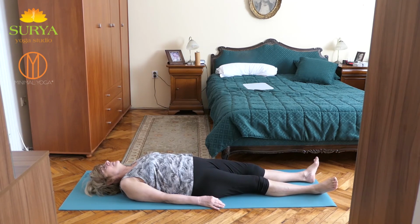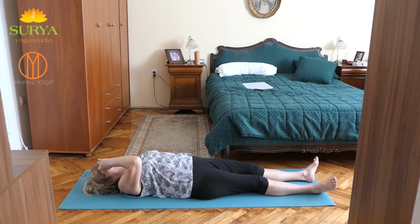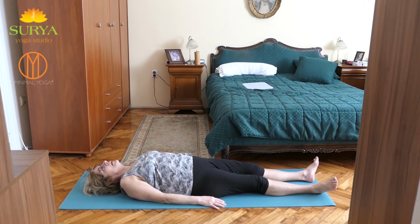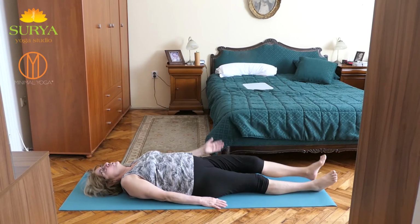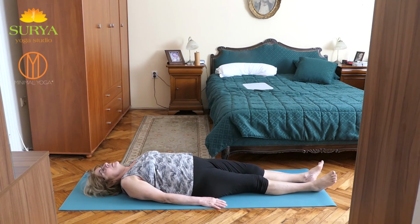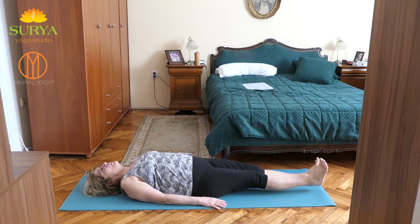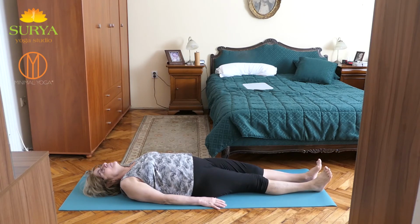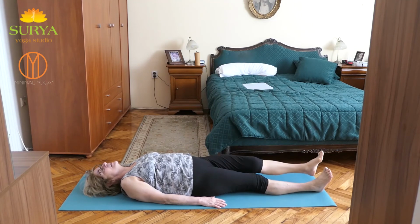And then relax. From this pose, we shall do first lifting of our legs. Who can lift both legs together with an inhale, to the 90 degrees, we'll lift both legs, and with an exhale down. Those who can't, they will lift just one leg with an inhale, and then back with an exhale, and then another leg with an inhale, and then back with an